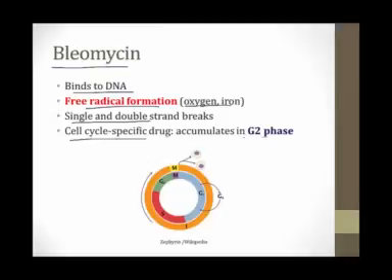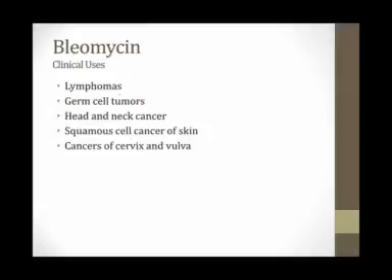It is specific for the G2 phase, and this is because this is the phase in which it accumulates during cells, and therefore most of its effect is in the G2 phase. Bleomycin is used in lots of different malignancies. It's used in lymphomas, germ cell tumors, head and neck cancer. It can be used in squamous cell carcinoma of the skin and also in cancers of the cervix and the